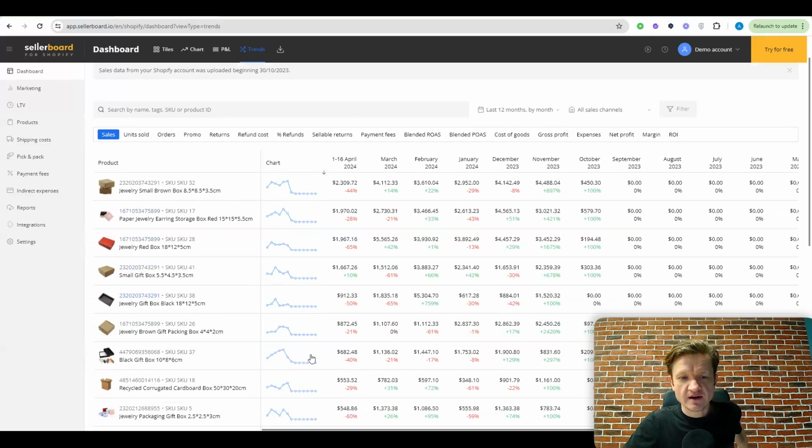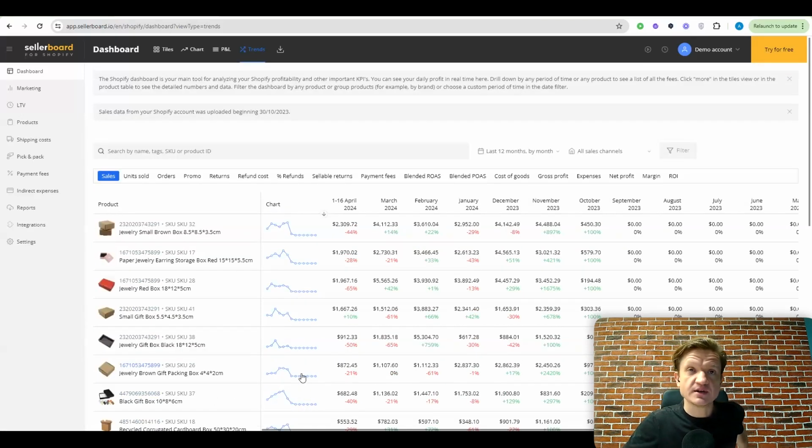This comes in handy when you want to see the evolution of metrics on the product level. So this is basically it. You can also, for all of these views, download the data in a CSV file or an XLS file. This is always useful, right?